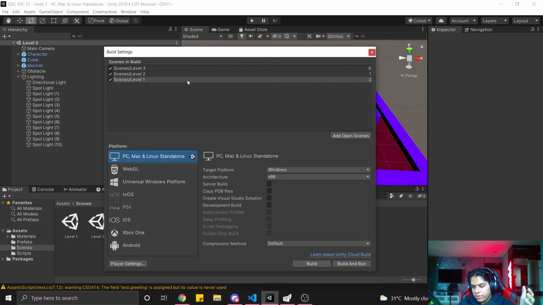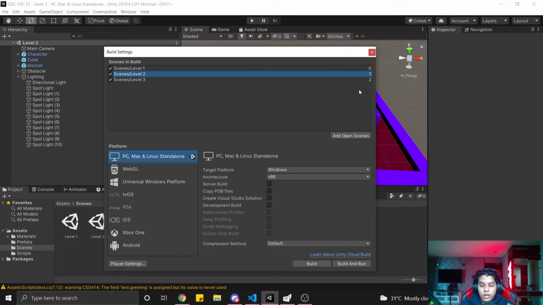So what I want to do first, whenever you put these things in your build settings, you always want to order it from least to greatest in terms of levels. So level 1 should come first, and the last level in your game should come last. Any game's first level should always be on top, and it's going to progress down and down, because there are build indexes here. We'll be learning about build index right now. Basically, you're referencing a specific scene in Unity with an index, and you can access that index inside of a script